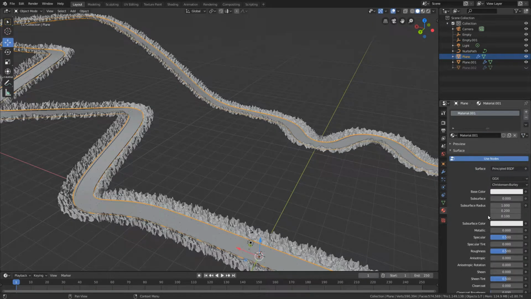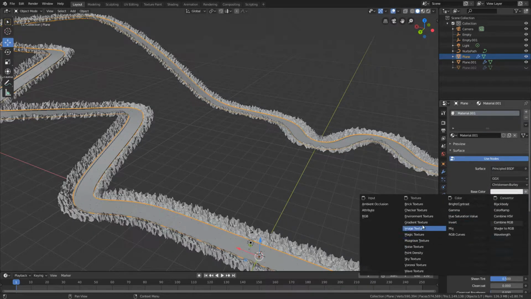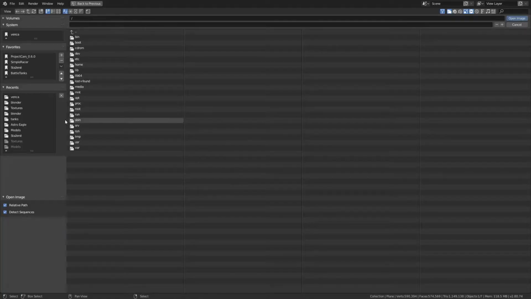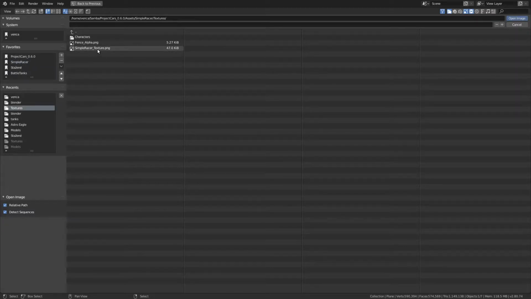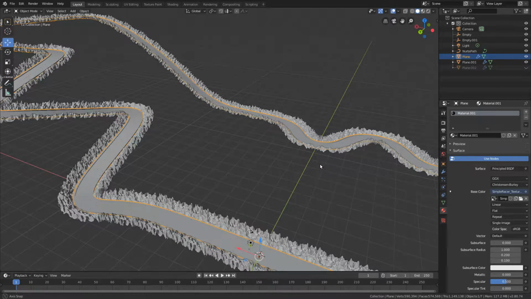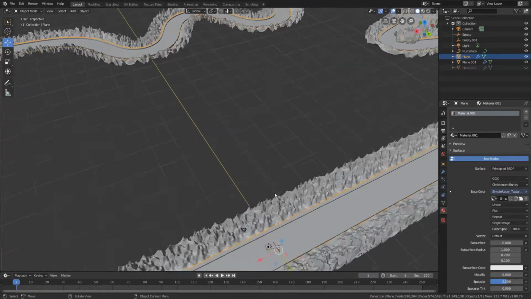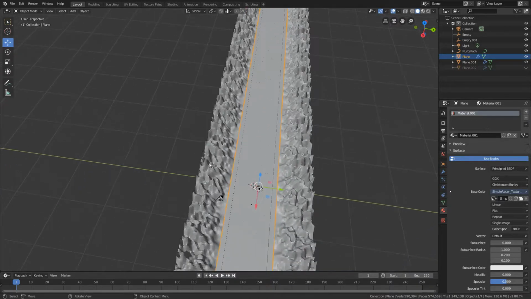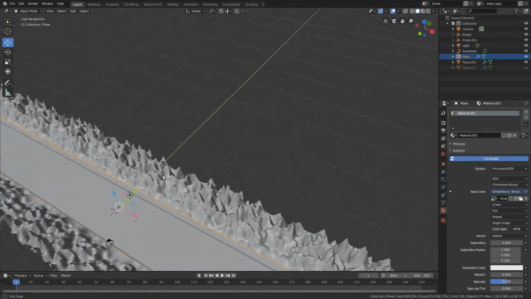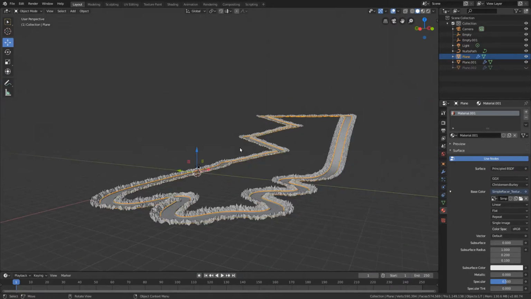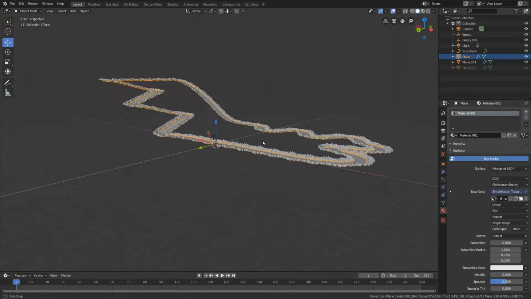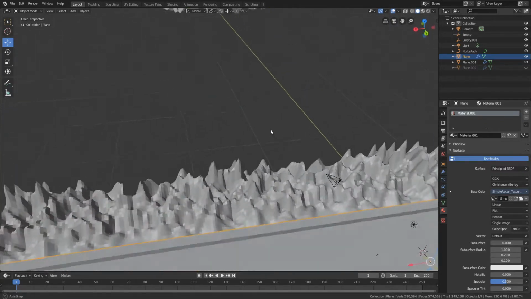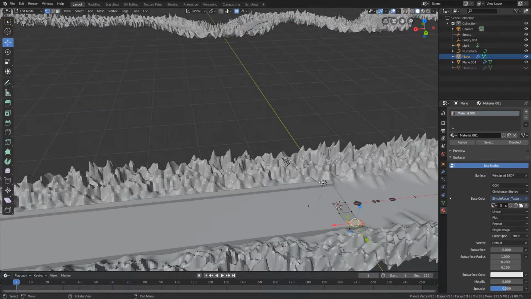So we will make a new texture. As the base color we will go image. Here we will select our image for base textures. So for me it's this one. Okay. Yeah, without a mouse wheel it's a little bit hard to navigate. But it's okay. Yep. So now we want to edit the track,